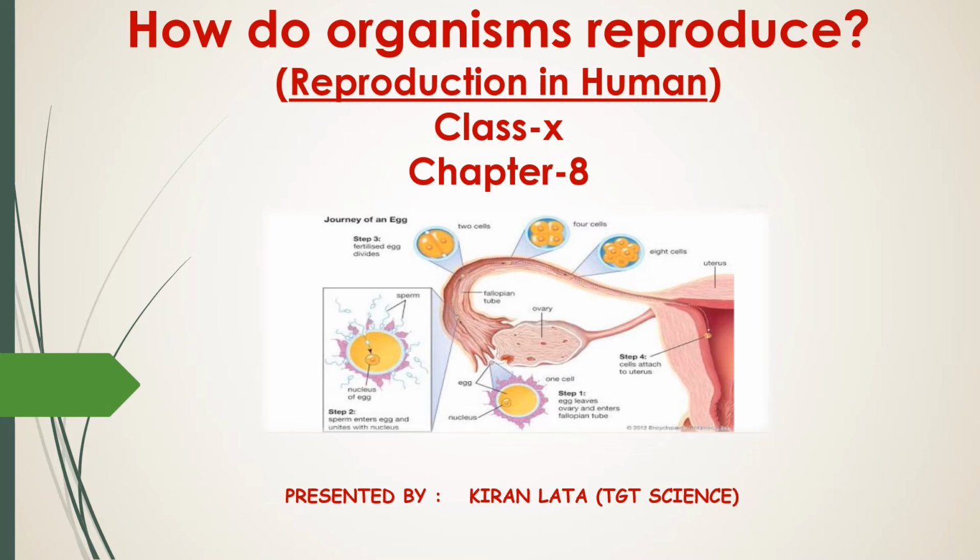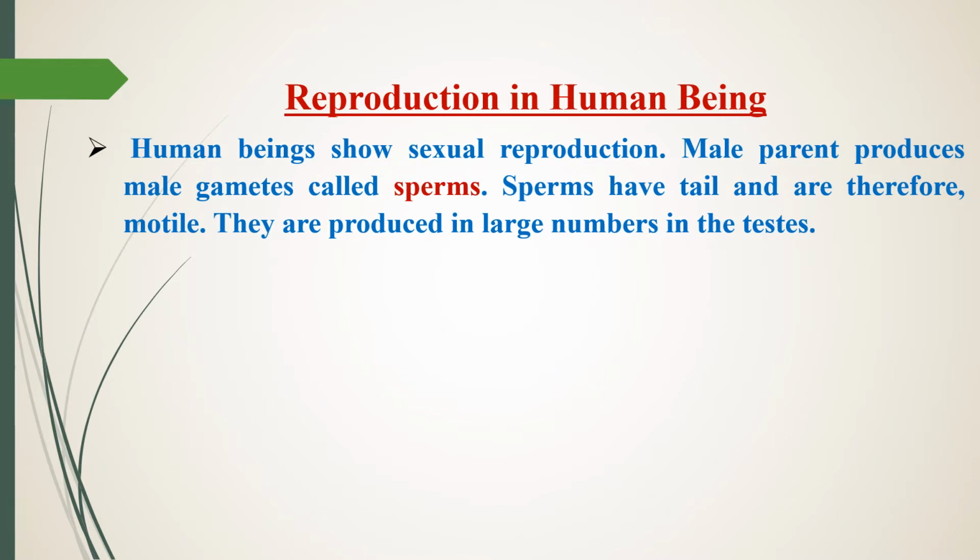In humans, there is mainly sexual reproduction. So in this part, we will study the male and female reproductive system in humans. Reproduction in the human being. As we know, human beings show sexual reproduction,